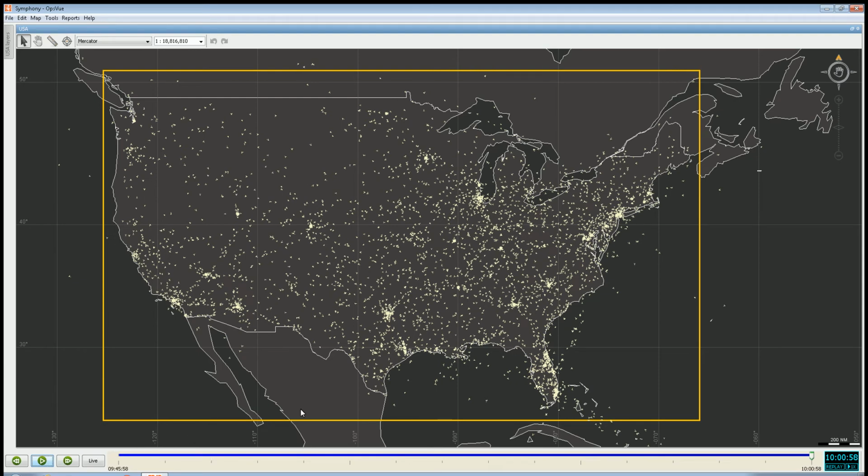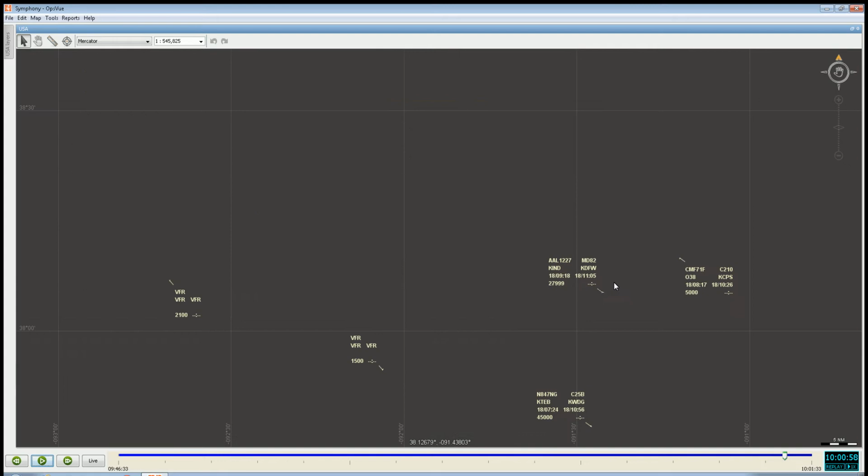Zooming in closer gives the OpsVue user a detailed look at flight data labels or tags that identify each target. Up to 8 fields of data may be displayed in each label or tag. Here, the labels include the aircraft ID, which is the flight number for commercial flights or the tail number for general aviation operations, the aircraft type, the airport code of origin, the airport code of destination, the estimated time of